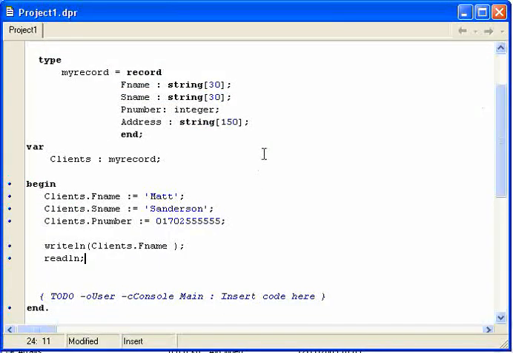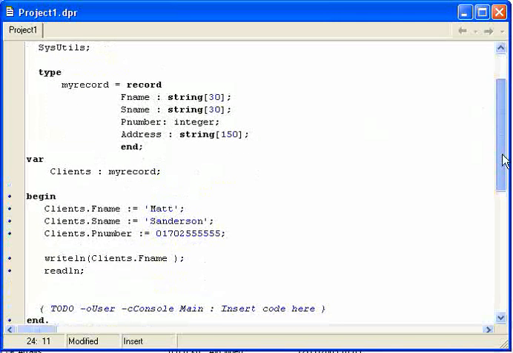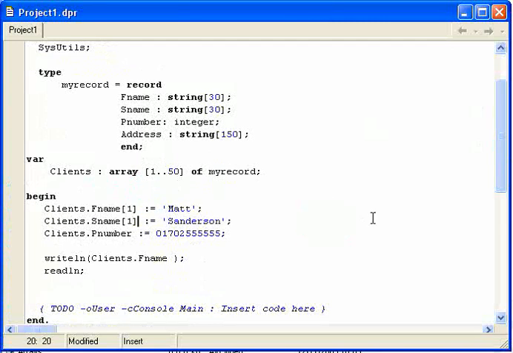So you can actually see the power of records here, and it doesn't have to stop there. Say we had 50 clients, we could actually here have clients, which equals an actual array of, I don't know, 1 dot dot to 50 of my records. So then you can have, this is actually being the first record, like that,